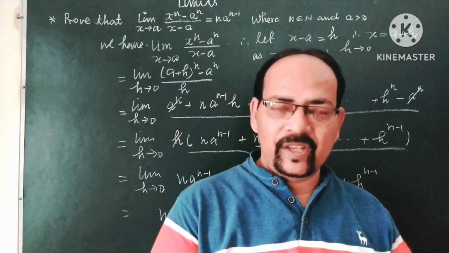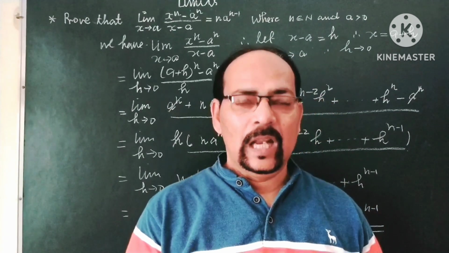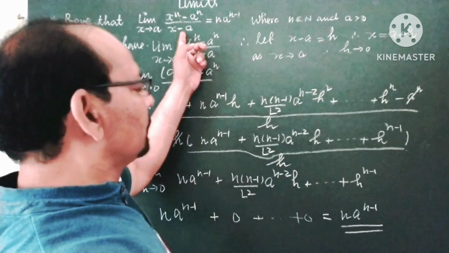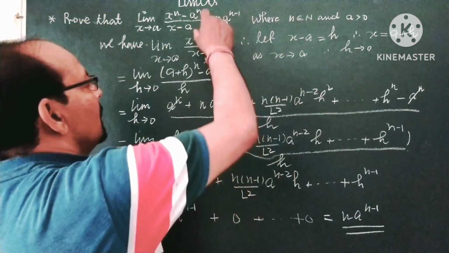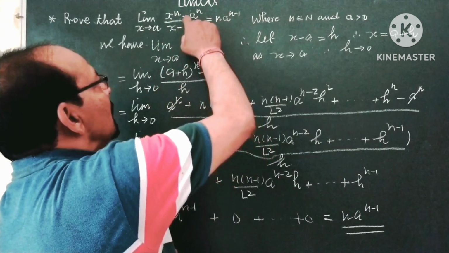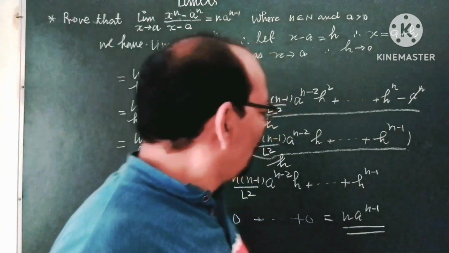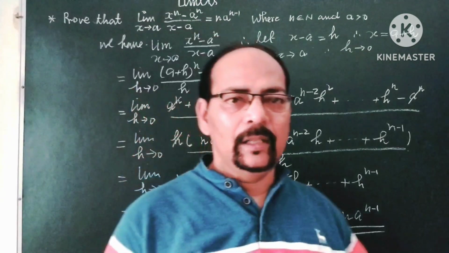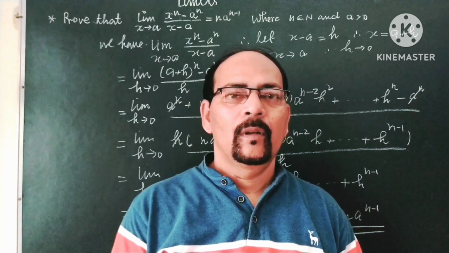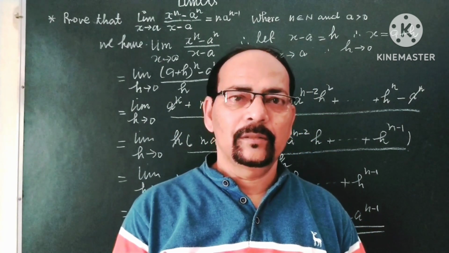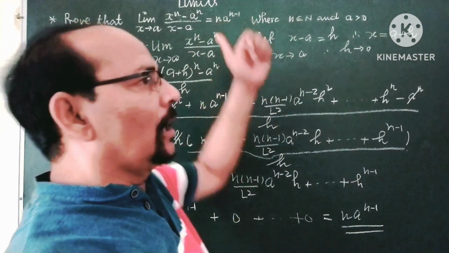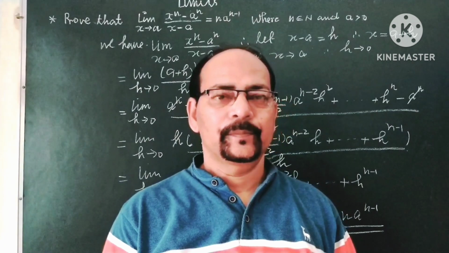This is the basic formula to solve algebraic expressions found in this form. Note that in this condition, in both the numerator and denominator, there will be minus and minus. With the help of this formula, we can solve many questions. Let's start an example. With the help of this formula, we find the limits.